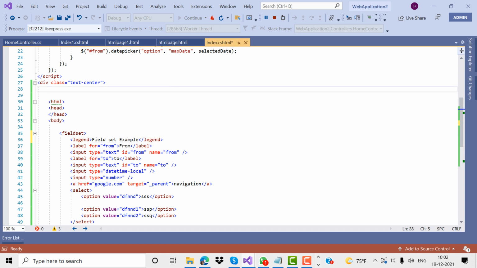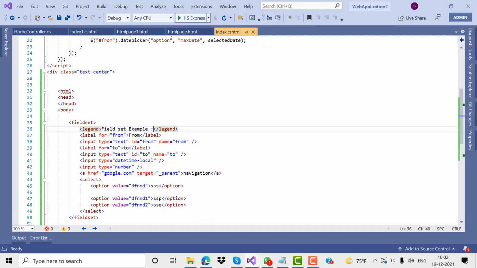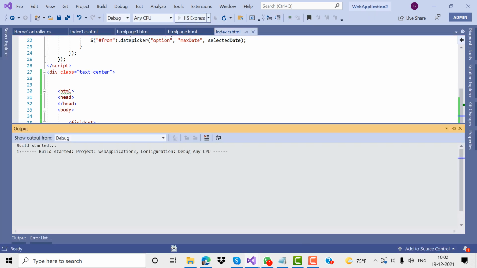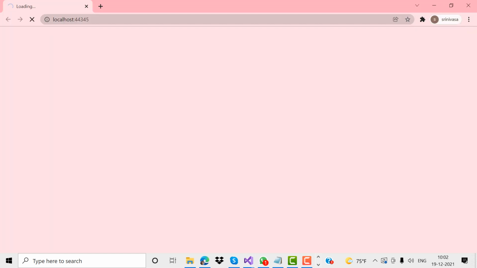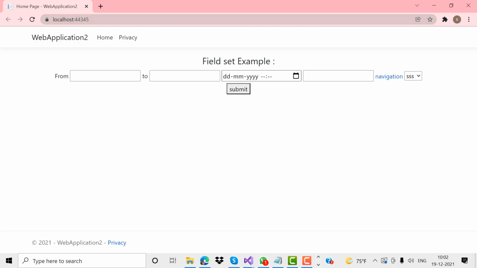Field set example. Here in the field set example, these are coming under the one field set only.